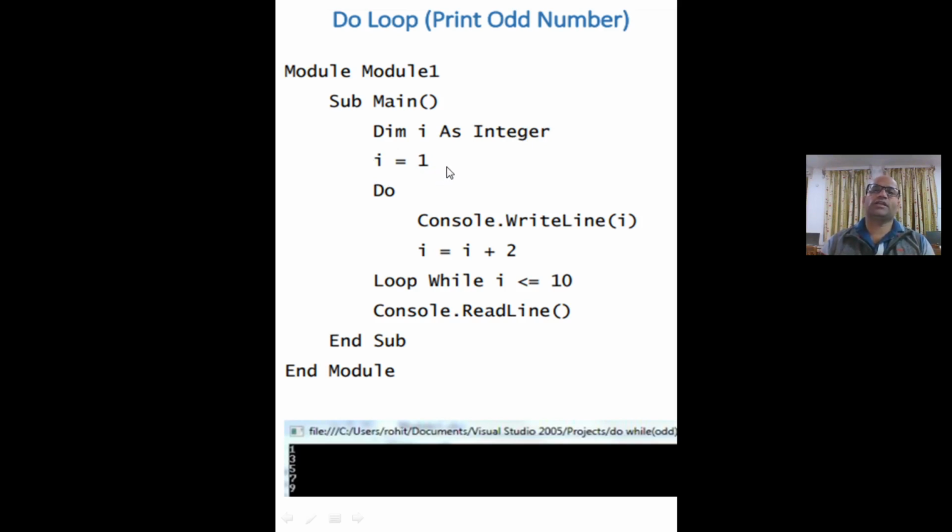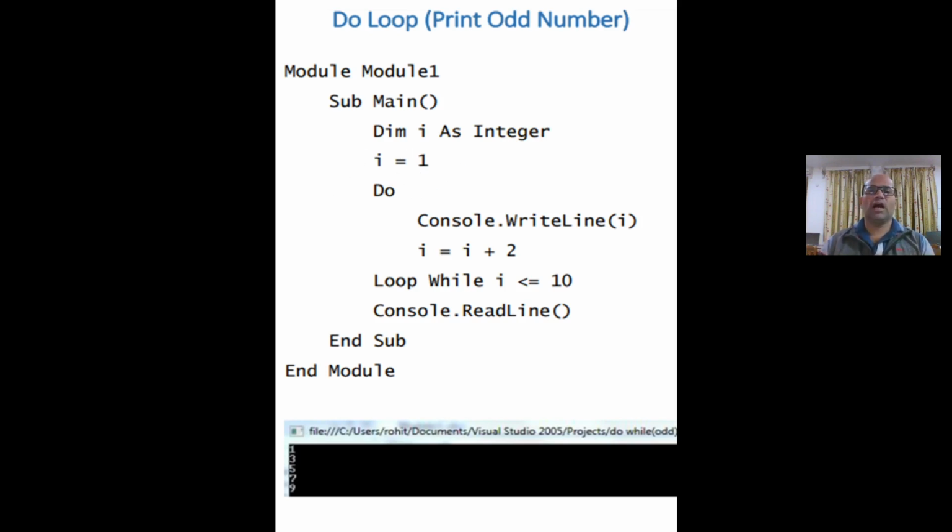It's an initialization of a variable. It means in this statement we will specify a value 1 on the I variable. So this statement denotes initialization of a variable.